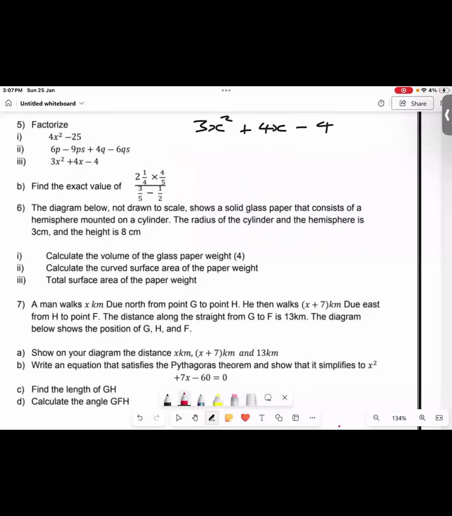All right. So for the quadratic, step 1 is to multiply the first and the last term together. That's the rule. Multiply the first term or the first number with the last number. Now, in this case, when I multiply 3 times -4, I'm going to get -12. That's step 1. 3 times -4 is -12.